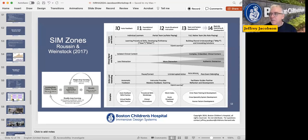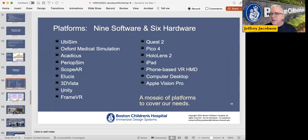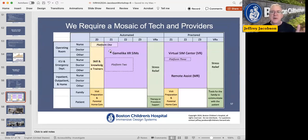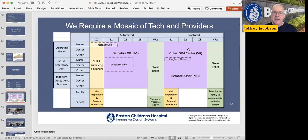I feel like I need to jump to this slide because of what we just talked about. Absolutely. We use 10 different software platforms here because they all do different things for us. And I absolutely agree with everything you just said. So this is a concept map that I created. Can you see my mouse? Mm-hmm. Okay, great. So these are proctored sims, meaning it's run by a clinician and or an engineer. Over here, it's automated. And then here are different areas or topics: operating room, ICU, inpatient, outpatient. So Acadicus lives in zone 0 and zone 1 over here, and then zones 1, 2, and 3 over here